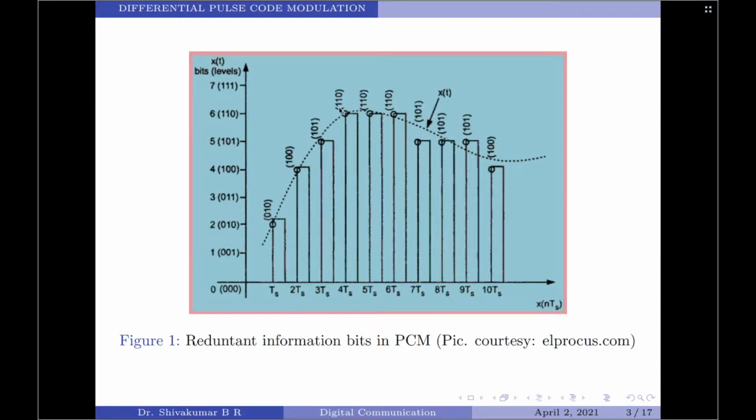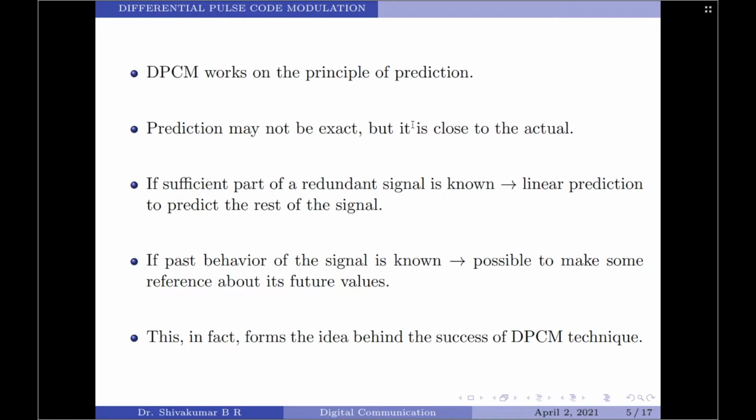For example, if you consider these 3 samples having the exact same code word, if I have to transmit these 3 samples, then I will have to transmit 110 thrice. So, the same information is transmitted 3 times, which causes redundancy. If this redundancy can be reduced, then the overall bit rate will decrease and the number of bits required to transmit a sample will also reduce. If we incorporate this modification to the standard PCM technique, then we will have a new technique which is called differential pulse code modulation. Let us now talk about DPCM.